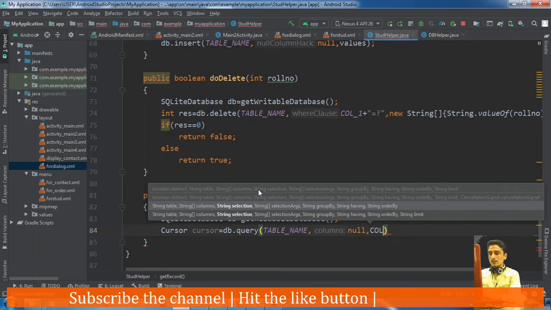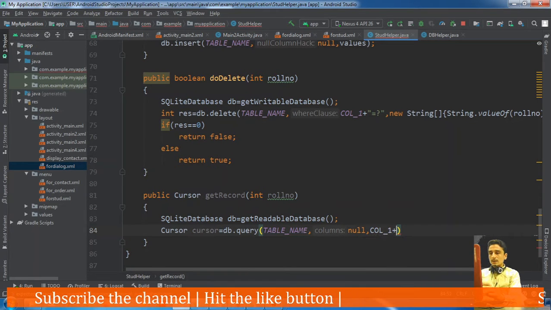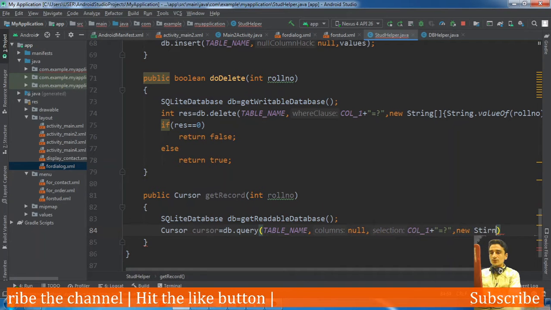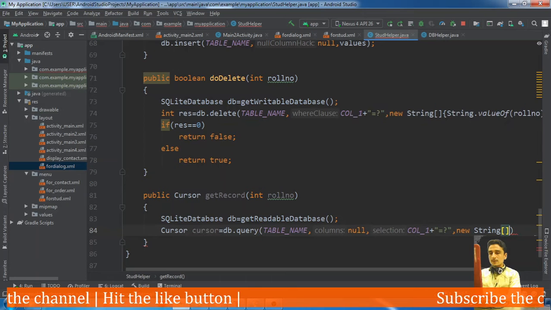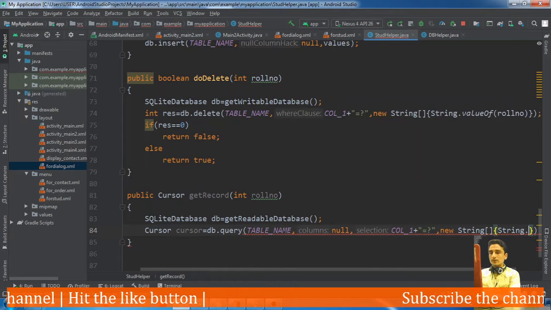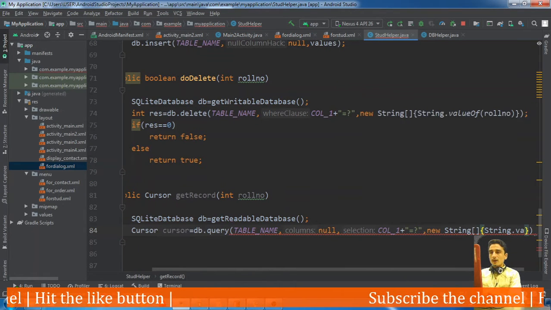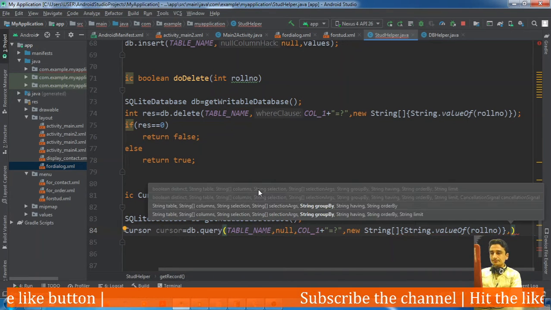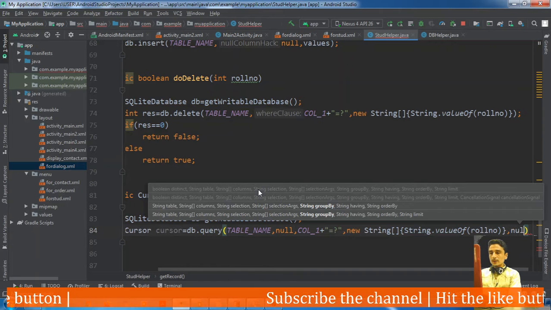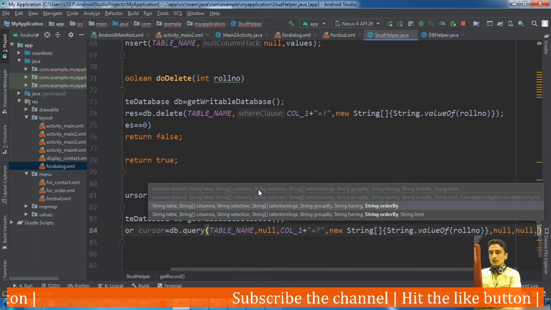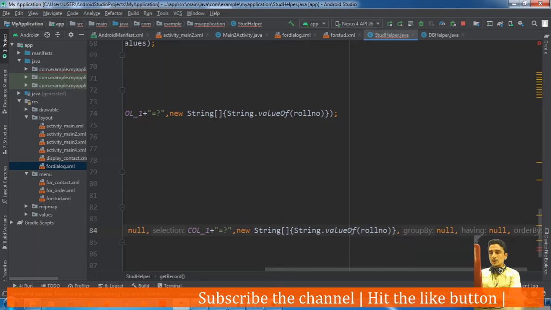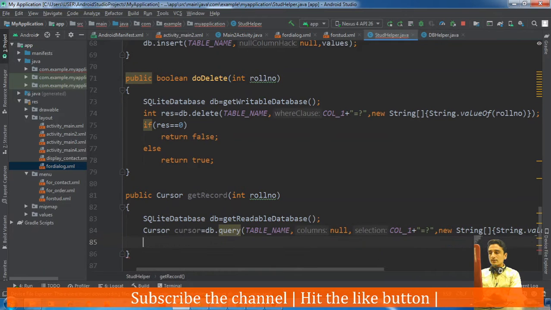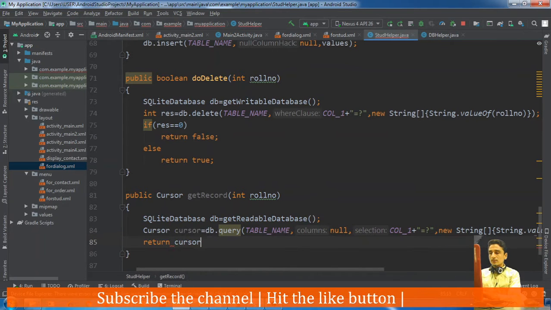Selection, yes, selection is there: column 1, that is roll number, should be equal to question mark, and where the question mark is equal to new String, the criteria is a string array, String.valueOf roll number. Next arguments: group by null, having null, sorting order also null. Okay, now this will be the returned cursor.